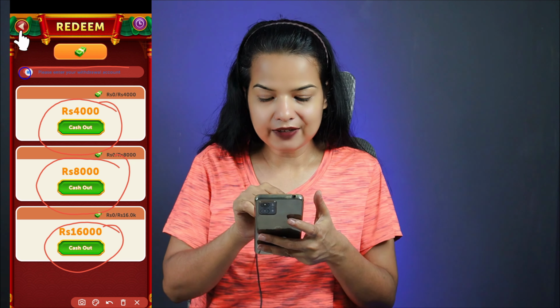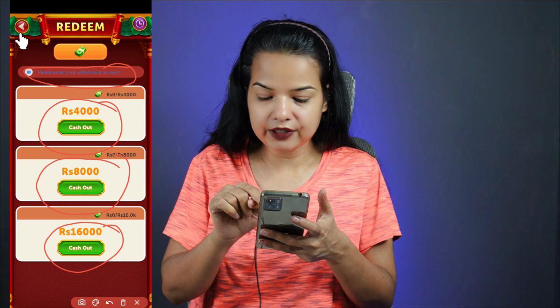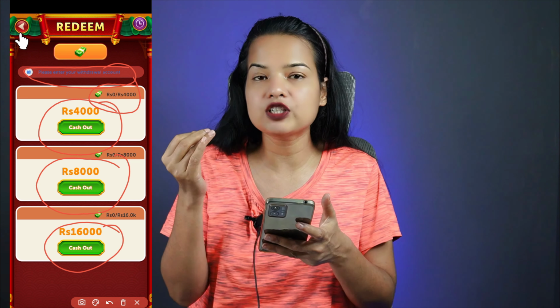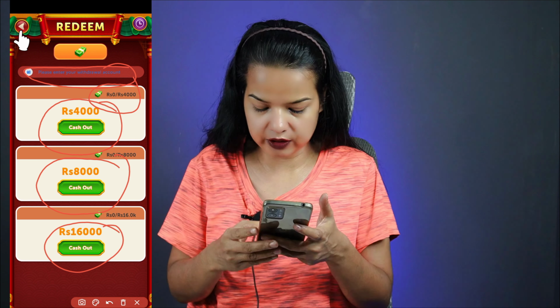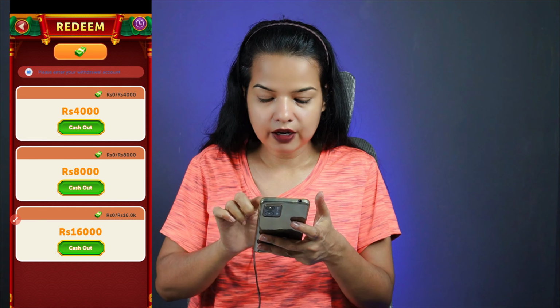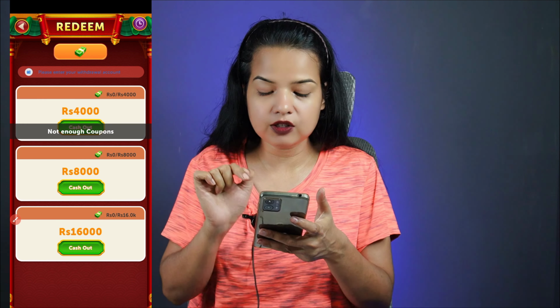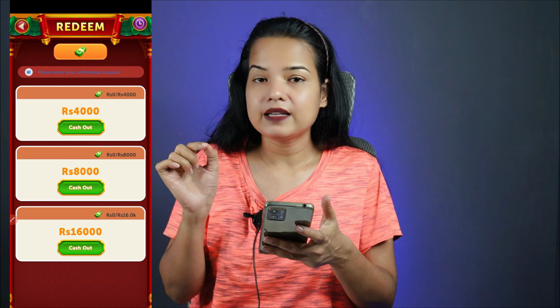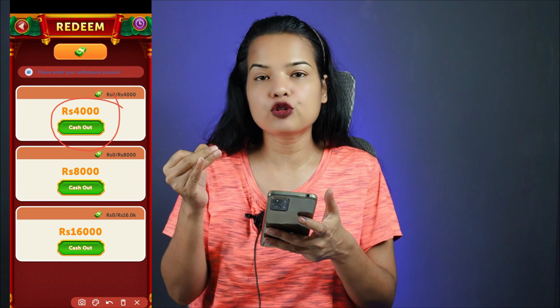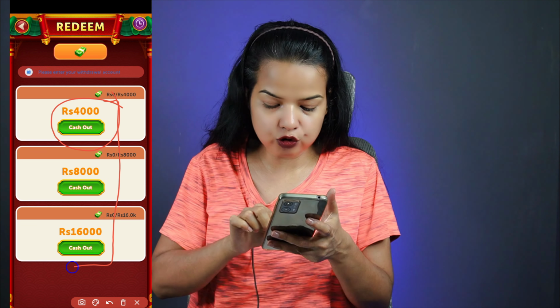See, it says please enter your withdrawal account, but I didn't get any cash reward of any money which I can withdraw from this section. When I tap cash out, you just see "not enough coupons." It means I didn't have any coupons which give me money, and hence I can't withdraw any of this money to my account.